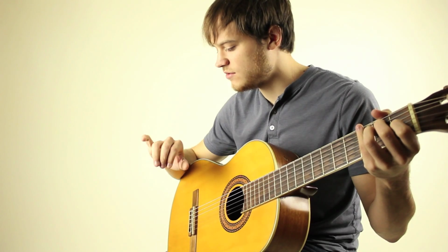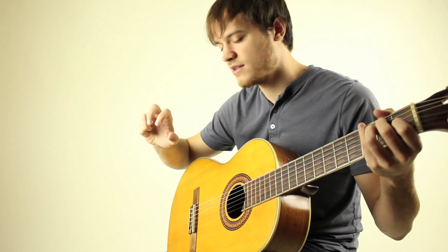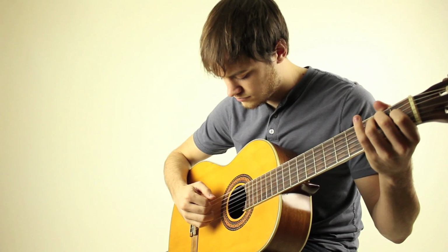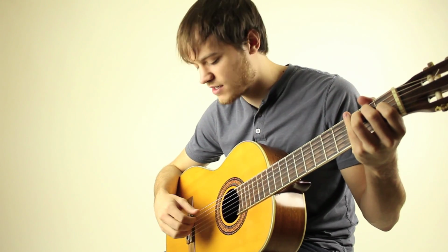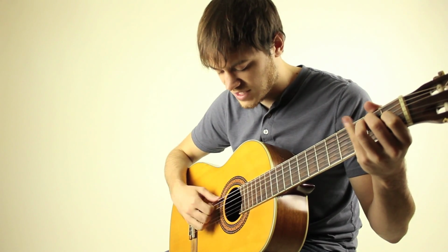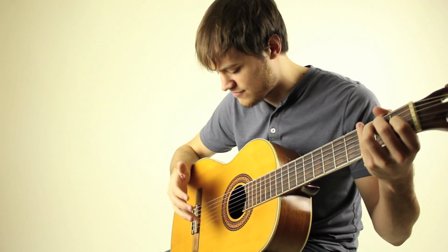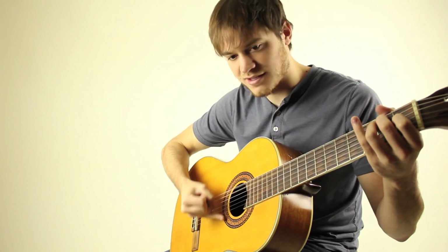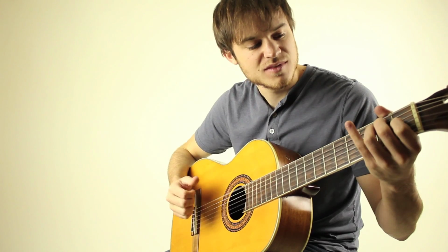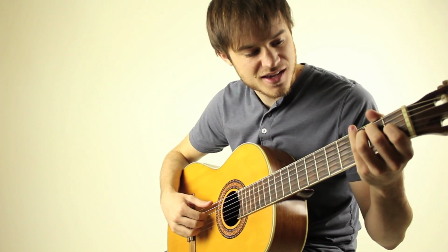I guess you could also do it with the pinky if you want to bring in all your fingers into it, though I find that to be a little bit weird, so I just double up with my ring finger. I don't use my pinky on my right hand, I think, ever. Start using it more. But so there it is, E major, same rhythm, and